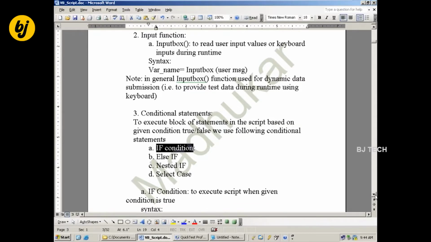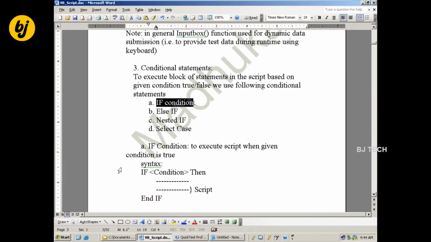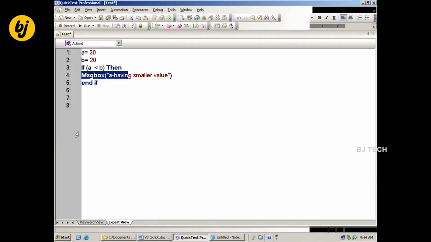This is a simple if condition. Whenever the condition is true, only then does it allow you to execute this block of statements. That is a simple if condition. Here I use: if A less than B, and suppose I give the A value as 10.